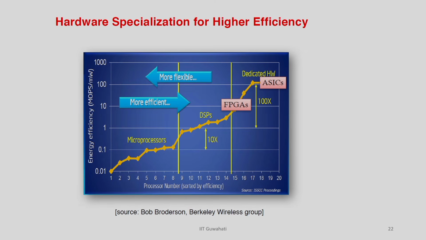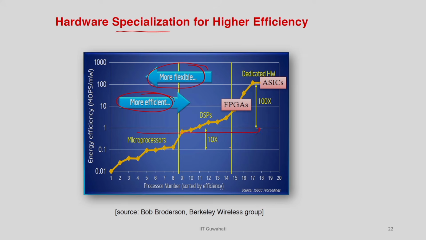And specialized hardware has advantages and disadvantages. Whenever you have a general purpose processor, it is more flexible, right. You can have a processor which can do image processing, some AI things, video coding, decoding, anything, as long as you can map these things into its instruction set. So, it is more flexible but less efficient, right. But when you go for specialized hardware, it is more efficient.